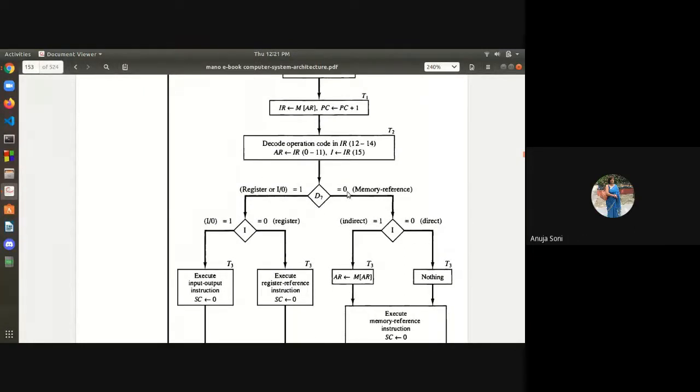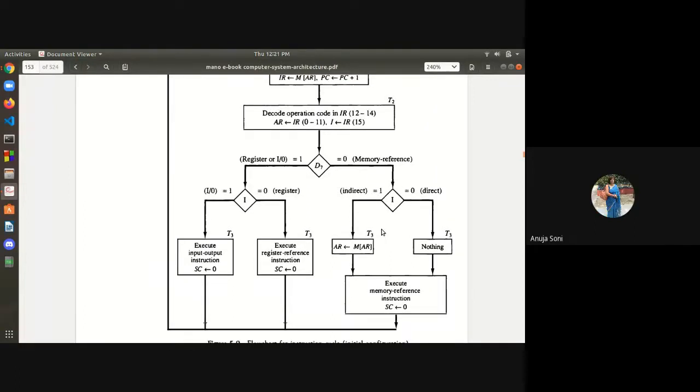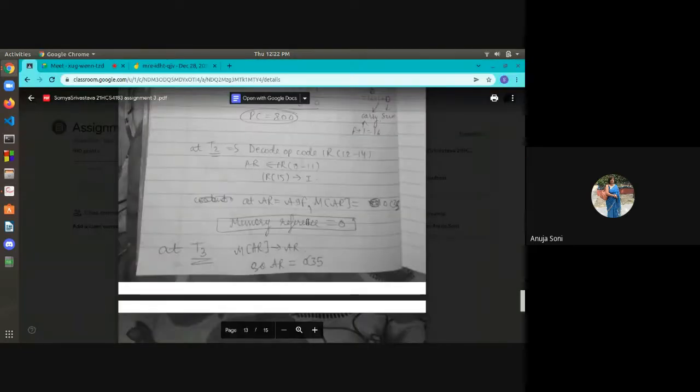So 0 is the memory reference, so it is indirect. अरे नहीं नहीं बेटा, ये तो था कि in order to decide whether it is a memory reference kind of, or input output or register reference kind of. Further, memory reference given है तो further अगर I mode bit है, 15th bit, इसका extreme most, left most bit, अगर वो 0 है तो डायरेक्ट है और 1 है तो इनडायरेक्ट है.